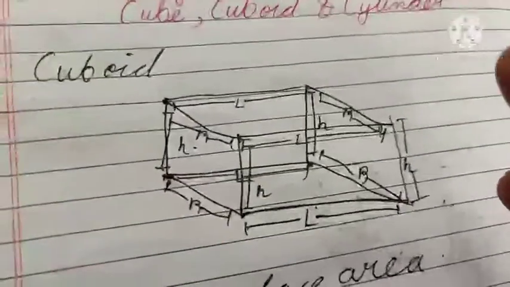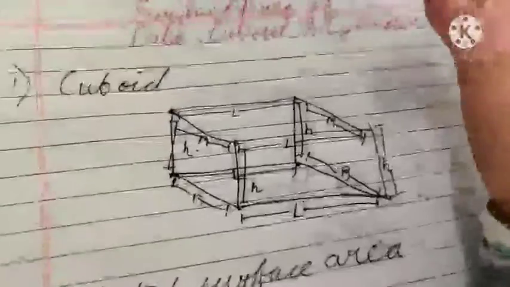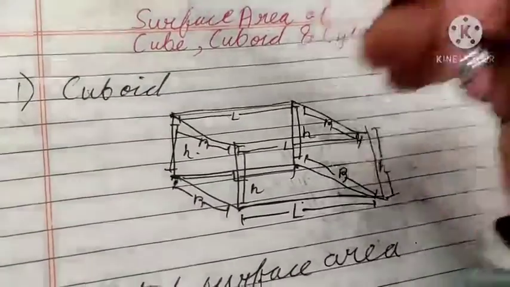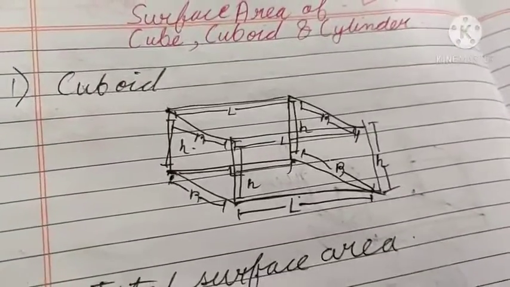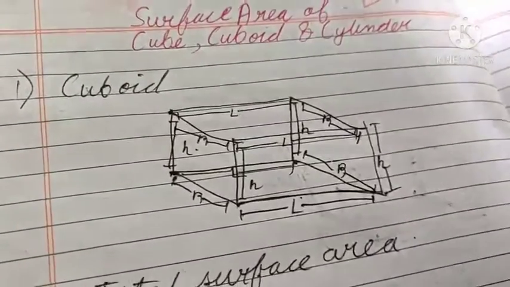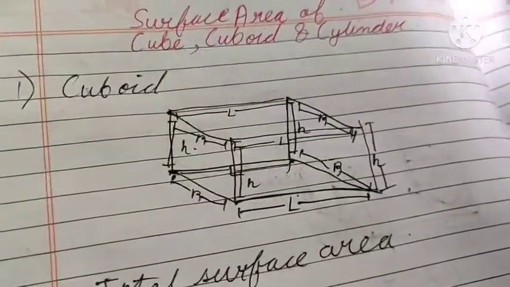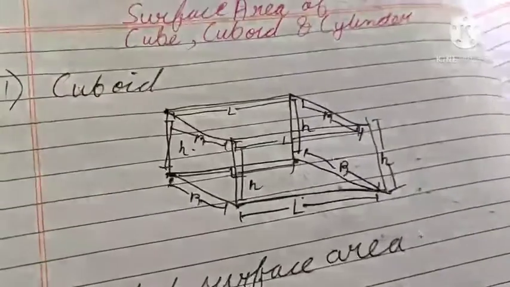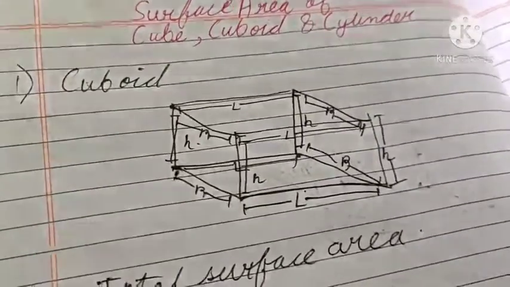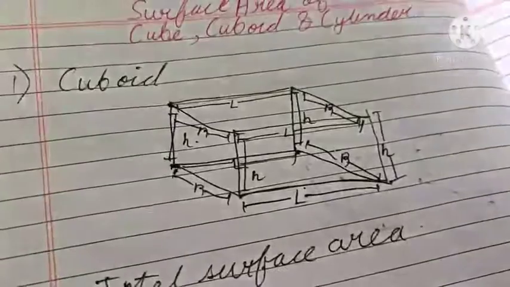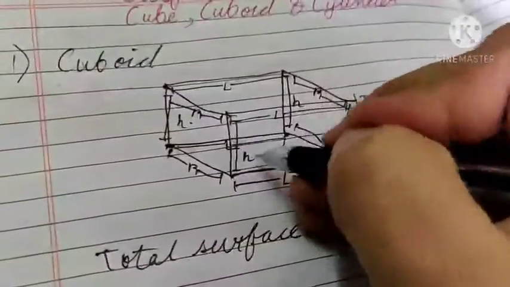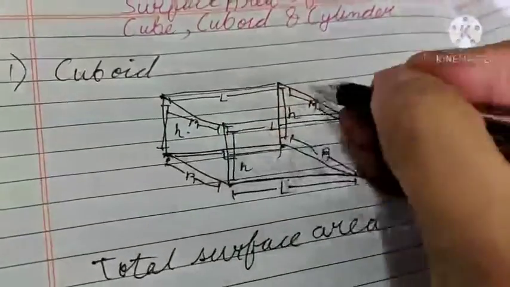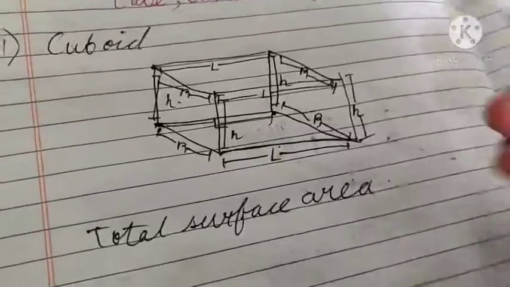Okay, how many surfaces are there in this? Look, if you are sitting in a room, you can find 6 surfaces. One is the floor, and one is the top, means the roof. Roof means the upper portion of the room. Floor and the top portion. These are the two. Front face and the back face. Right face and the left face. It makes 6. Total there are 6 faces.